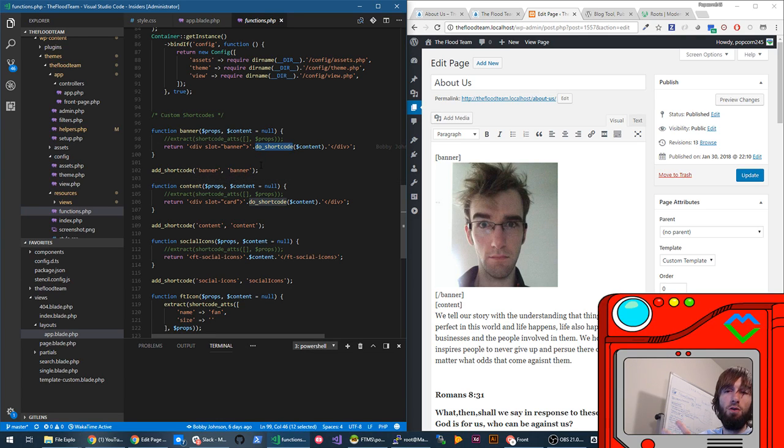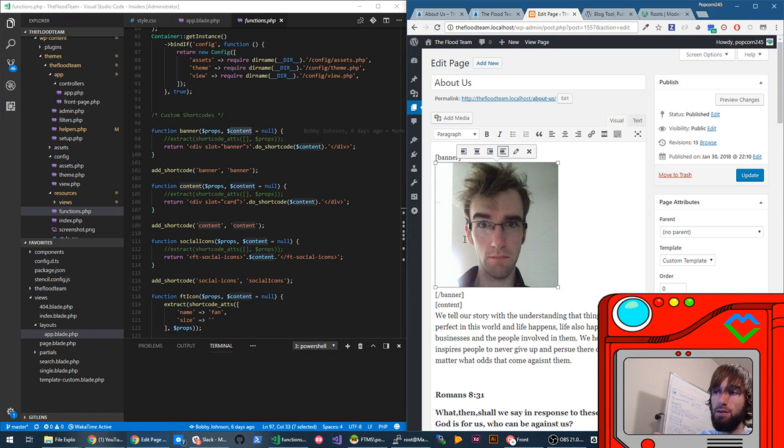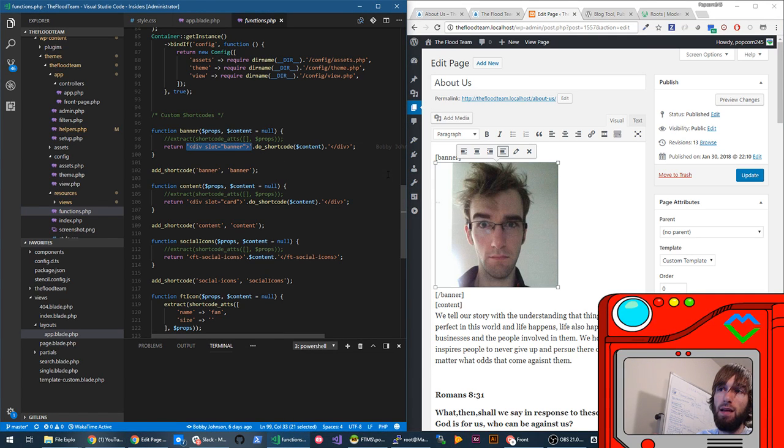So this is something that you have to do on WordPress when your shortcodes can contain other shortcodes. So it's like shortcodeception. This is what allows you to render that. But basically, again, when you put a banner, it just takes the content of whatever's in between there. In this case, my picture, this image tag, and then it puts it inside of this HTML element that